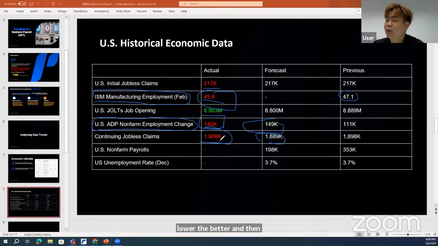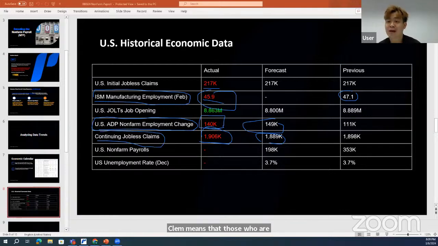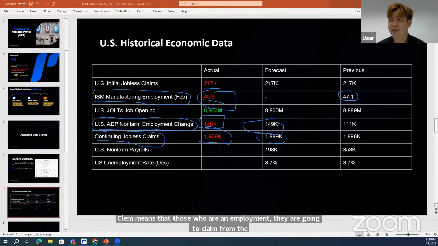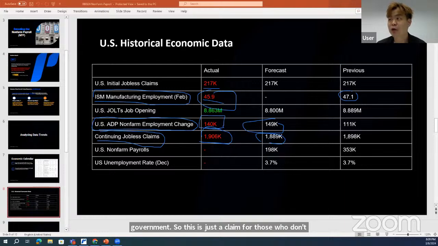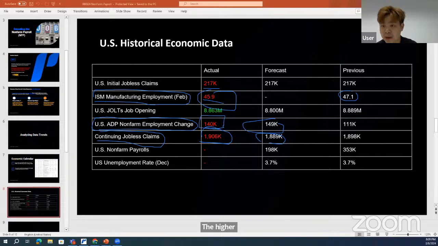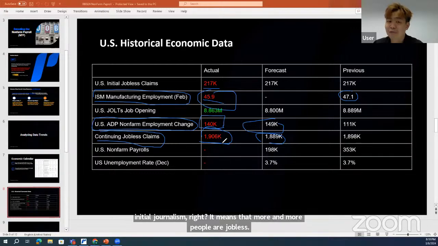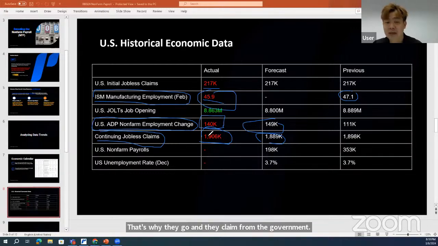This is the higher the worse, because jobless claims means that those who are unemployed are going to claim from the government. So this is just a claimant for those who don't have any jobs. The higher the continuing jobless claims or the higher the initial jobless claims, it means that more and more people are jobless. That's why they go and claim from the government. So the reading, this is one of the crucial jobs data, is also showing the reading is not as good